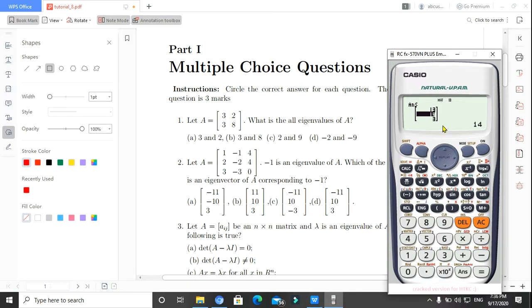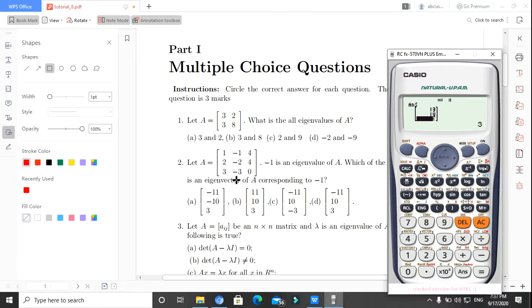Okay, and let's divide this product by -1. The result will be -13, -14 and -3, which is not same as this option B, not same as the previous matrix. So option B is an incorrect answer. In option A, we got the result after dividing by -1 the same as the previous matrix. So option A is the correct answer for this question 2. Option A is the corresponding eigenvector when the eigenvalue is -1 for this matrix A.